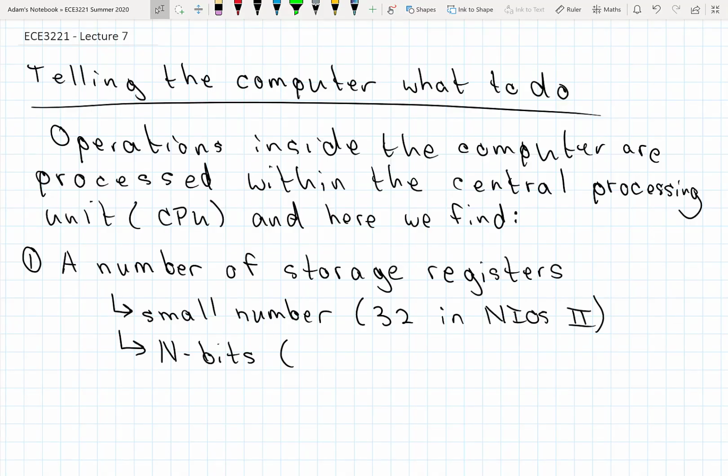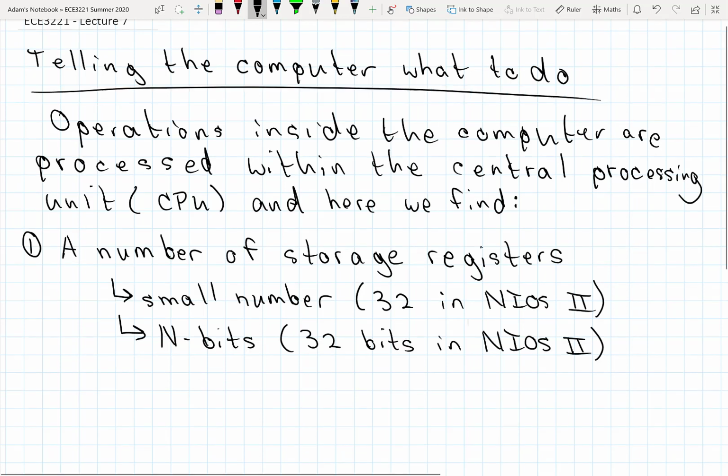Sorry, a little glitch in my system there. The number of bits wide each register is generally a function of the width of the data bus, but specifically in the NIOS-2 processor they are 32 bits wide. Okay,